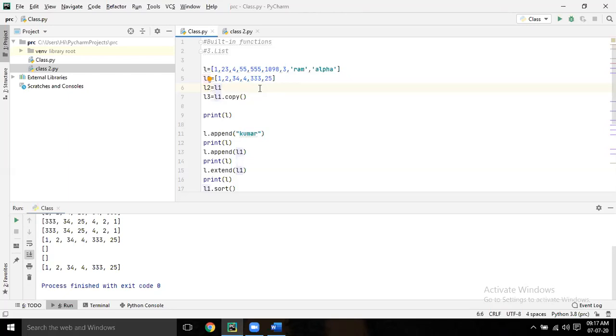It will just go and check there. But L3 means it will create a separate copy. Referring means if something is happening, I just have to refer. But copy means I can create one more separate hard copy.